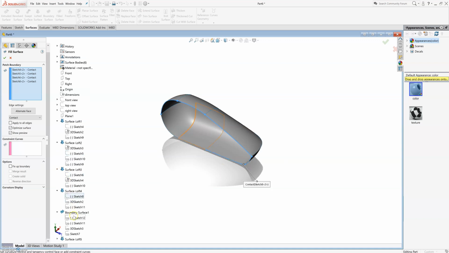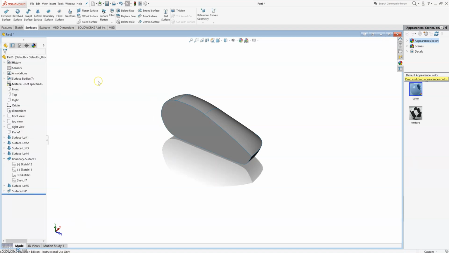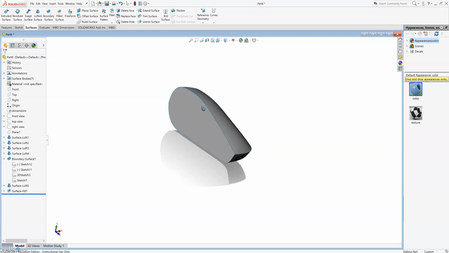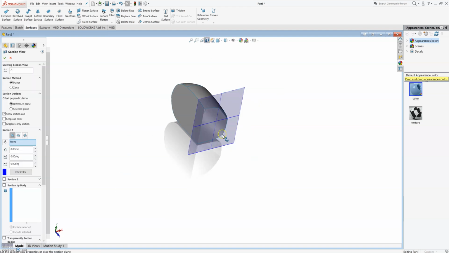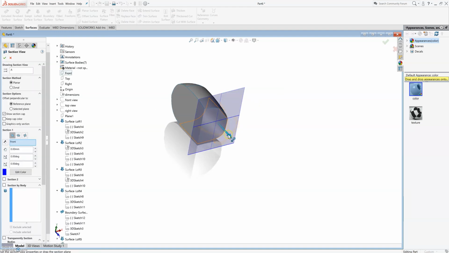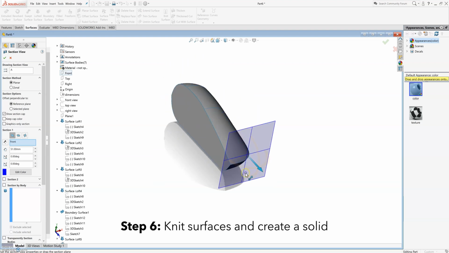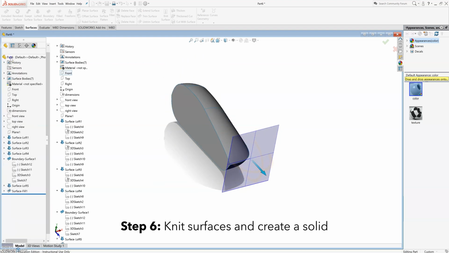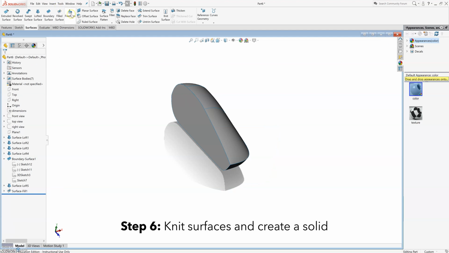There's another one. Okay, so now it created a yellow dotted line, which is good. And if I check this off, now I have a sealed surface. It's still empty. I have one more step I need to do, which is to knit all of the surfaces. So there are still no mass properties associated with this. So now if I go to knit,